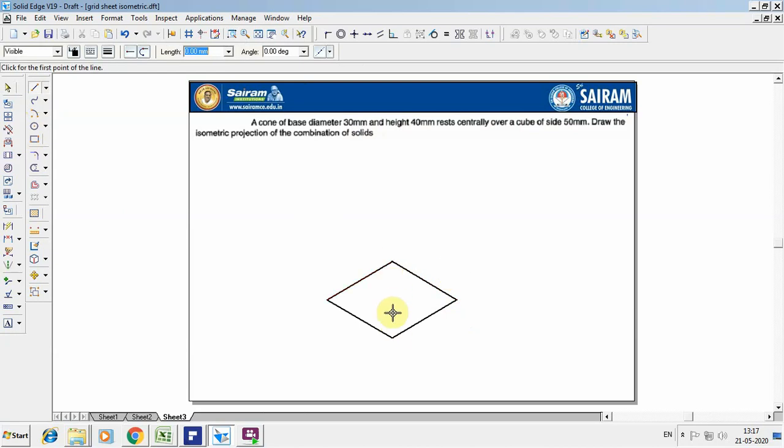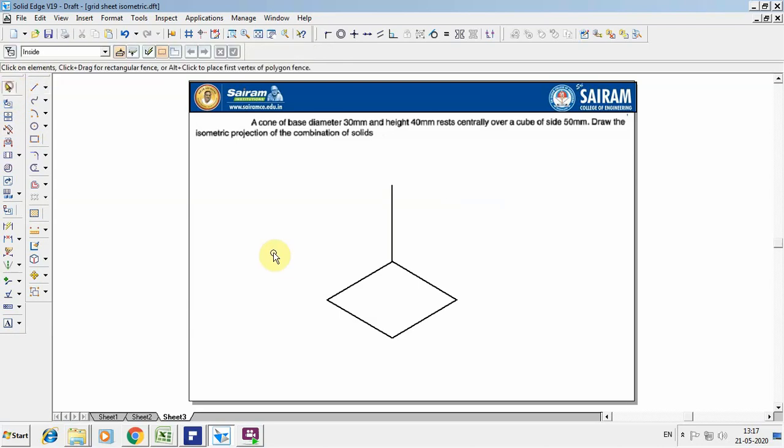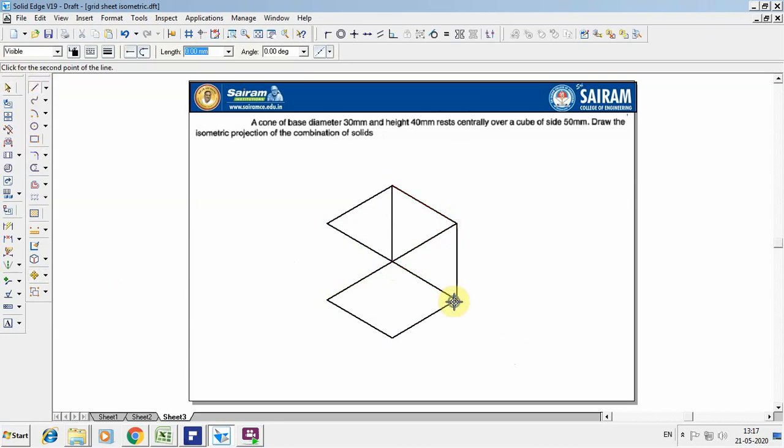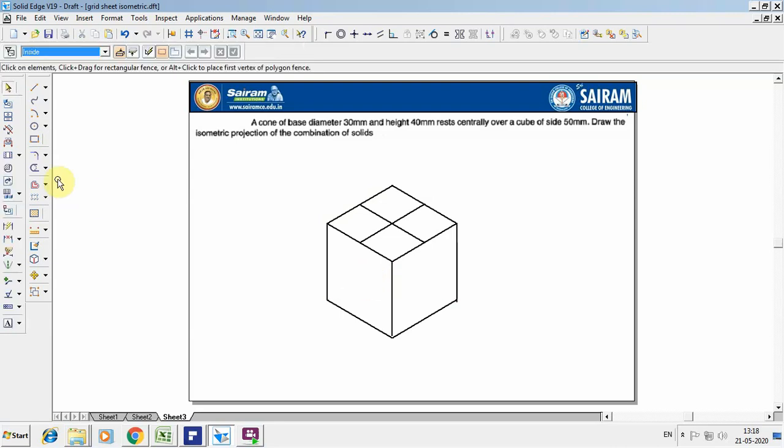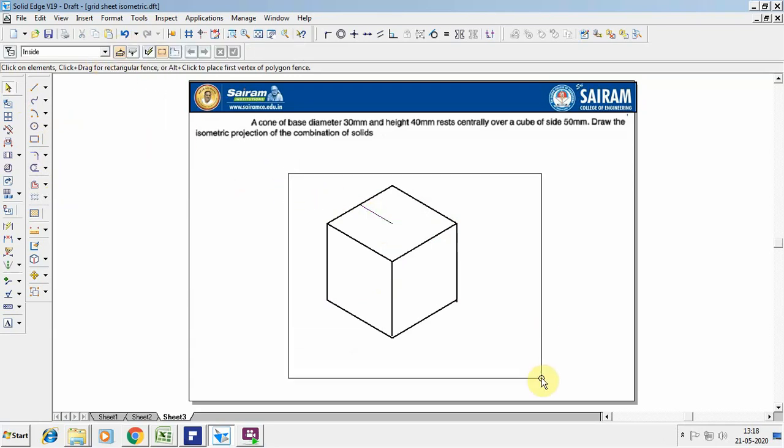So I want to take from here 50 mm height. So just go for select option, select the face, and go for move option with a copy, and take this and place it on the top and convert that into a cube. So once the cube is done, I have to identify the center point of that. So I want to select the center point of the top face. So remove the things. So this will be invisible, this will be invisible, and this will be invisible. Go for trim option and trim off the three lines, and one line you can keep as a reference for your center point. So I want to make that line thickness as 0.13. So this solid is over.